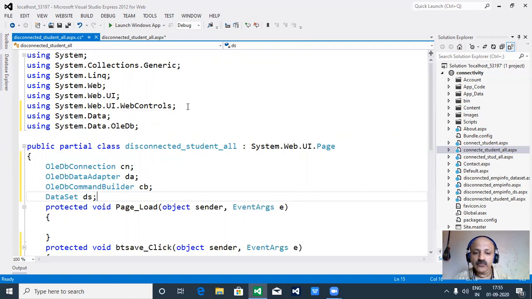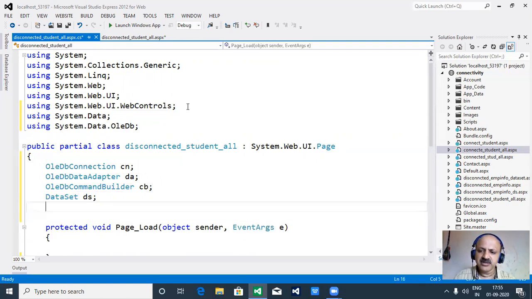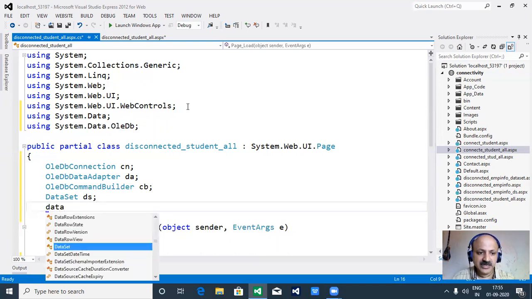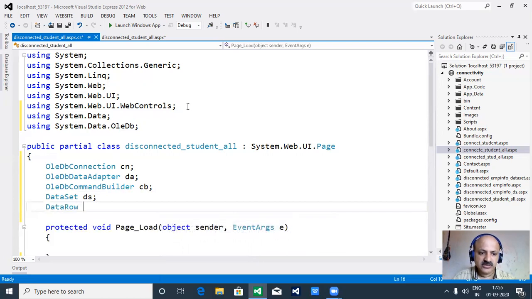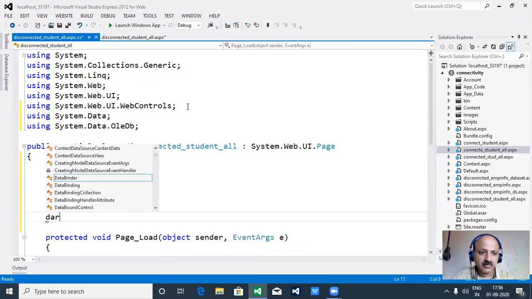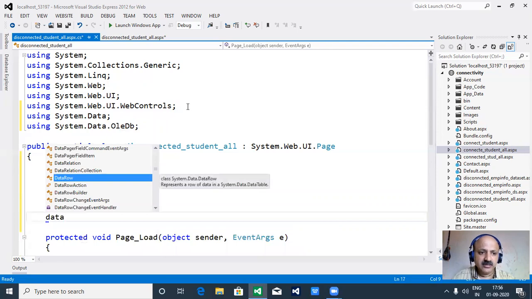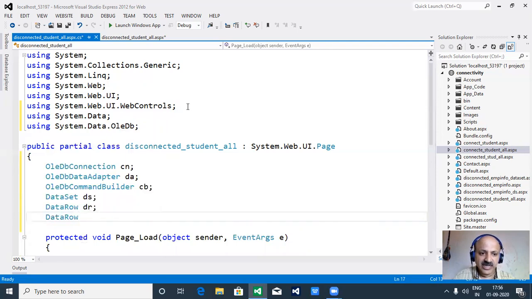When you have to work with a number of tables in disconnected mode, there is only one choice, and that is the DataSet class. So here I won't repeat the DataTable, I directly use DataSet. Now the remaining one is the DataRow class. So here I use dr, and I also use it a second time, because there is a grid, we can use select record. At that time a one-dimensional array of DataRow is required. So here the first is a single object or reference, and here is a one-dimensional array, a dr. So array of DataRow, that is the meaning.